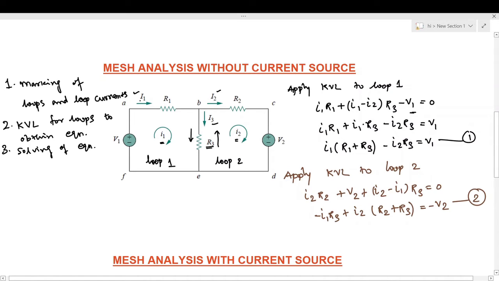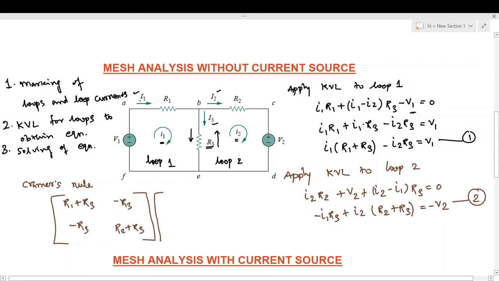Now we need to solve equations 1 and 2 to find out the mesh currents. For solving these equations, we are going to apply Cramer's rule. In this, we will form the matrix. From this matrix, for the I1 term we can write R1 plus R3, and for the I2 term we can write minus R3, and from equation 2 the I1 term will be minus R3 and the I2 term will be R2 plus R3,